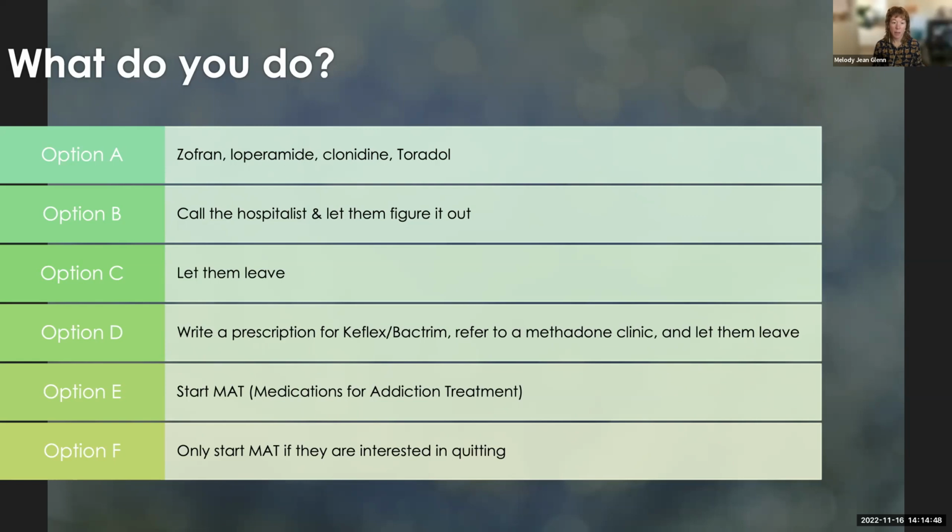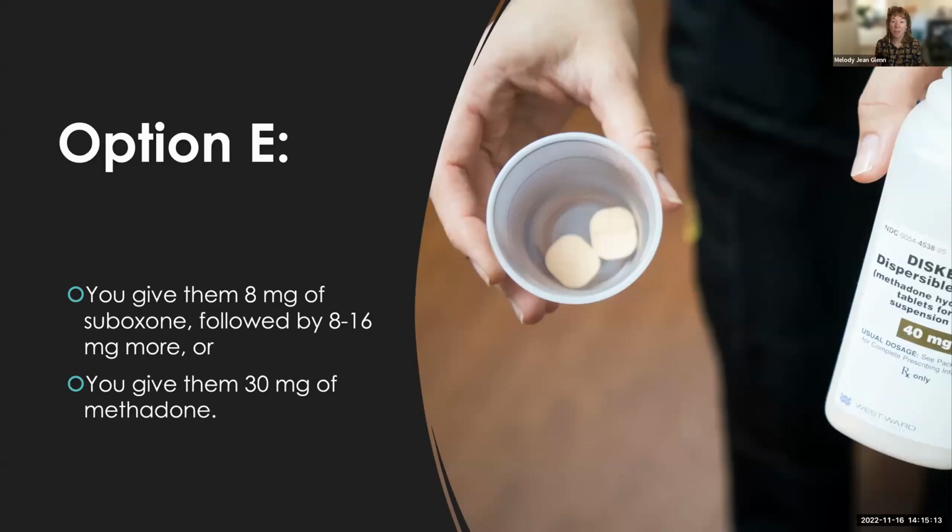You could just treat symptomatically. For the ED docs, sometimes they just call the hospitalist because, hey, they're admitted now, not my problem. You let them leave because now it's just an easy dispo, someone maybe you didn't want to deal with anyway. You write them a prescription before they leave. You start medications for addiction treatment. So you're going to start buprenorphine or methadone, or you only want to start that if they actually want to quit. All right, so I've seen all of these play out, and I'm hoping that after this talk